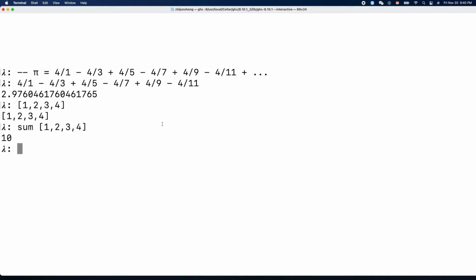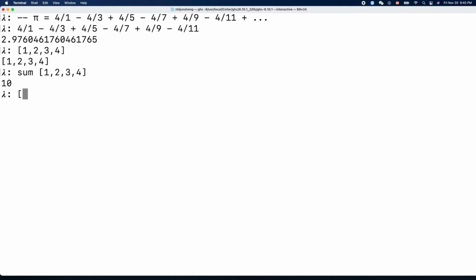So for example, if we can get something like this, right? 1 over 1 and negative 1 over 3 and positive 1 over 5. Yeah, if we can get that out,